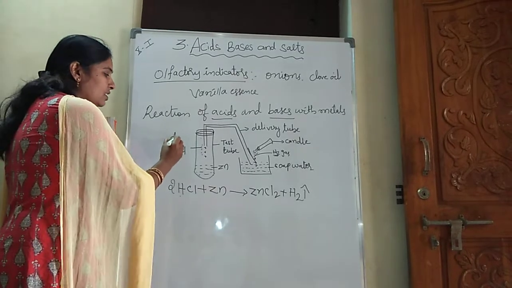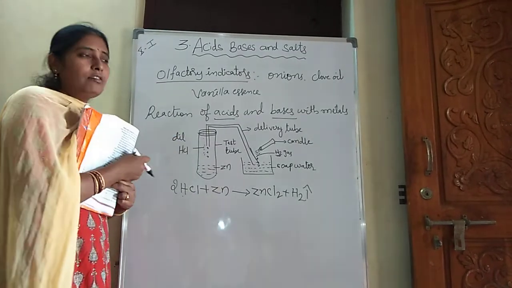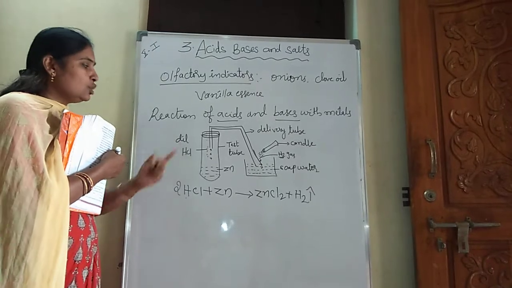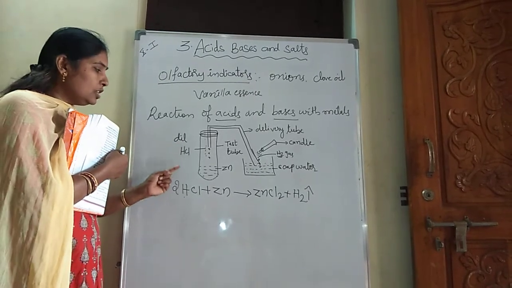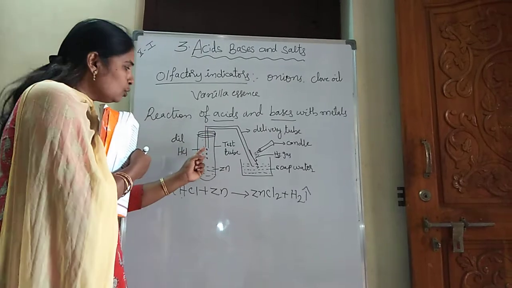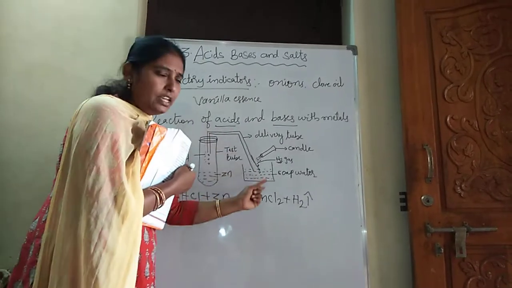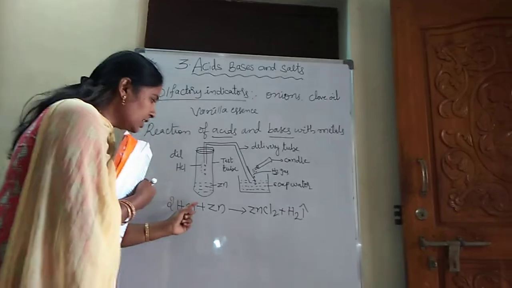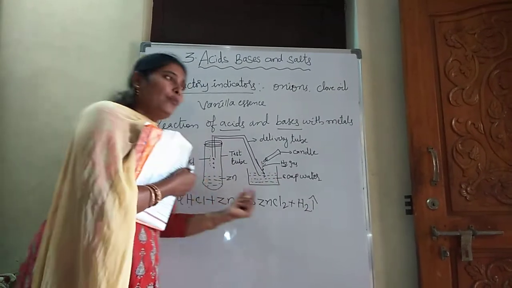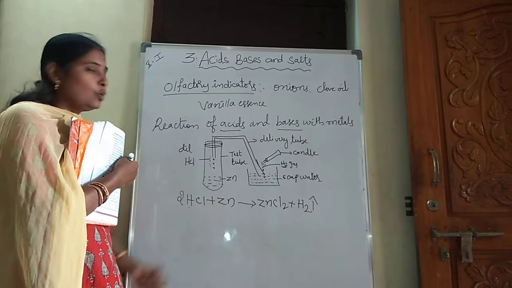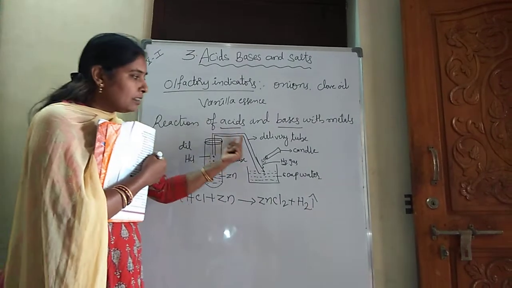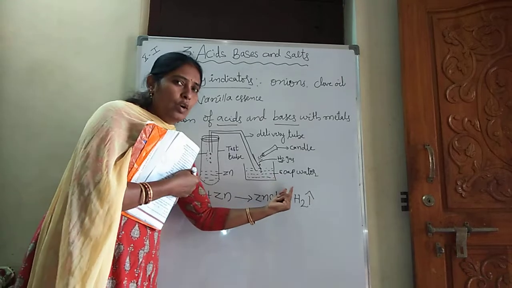Every time we have to use only dilute acid, not concentrated. To reduce its power, it is mixed with water, and then it is said to be dilute hydrochloric acid. The test tube is closed with a single-hole rubber cork. Through that cork we need to pass a delivery tube. One end of the delivery tube is in the test tube, the other end is in a beaker containing soap water. When zinc reacts with the hydrochloric acid, it forms bubbles and colorless gas comes out, and the colorless gas passes through the soap water.